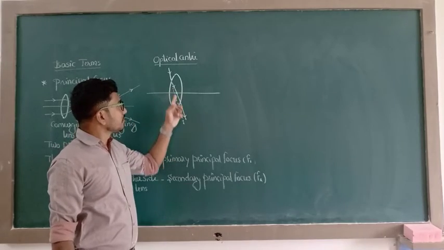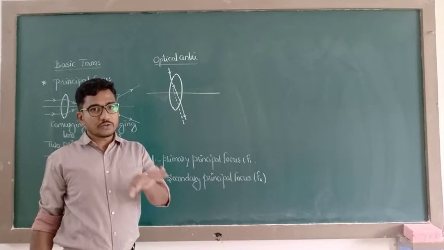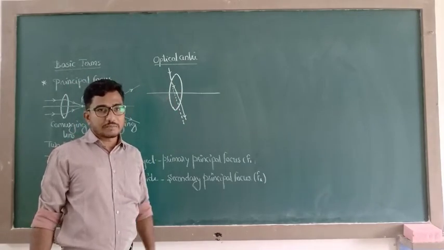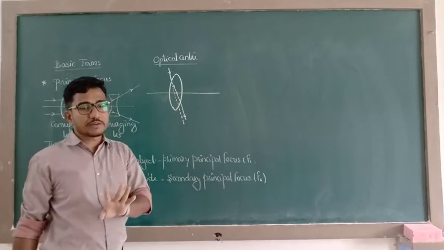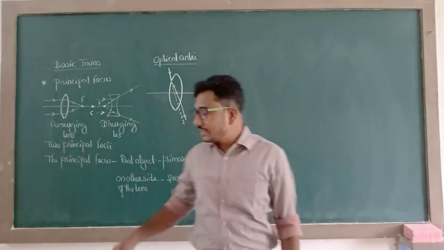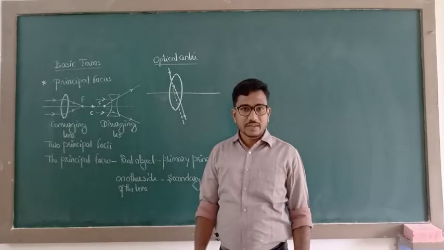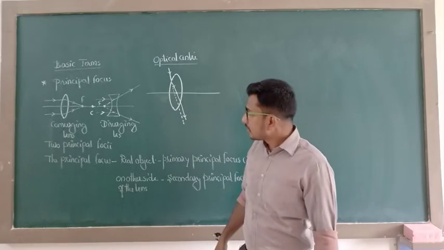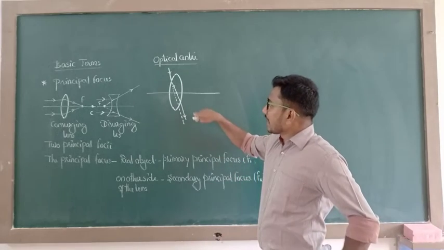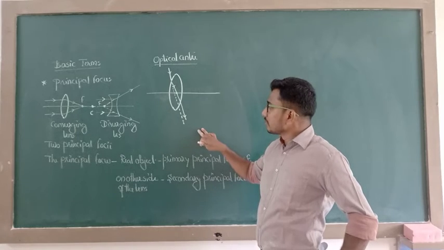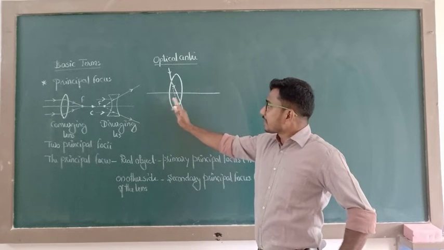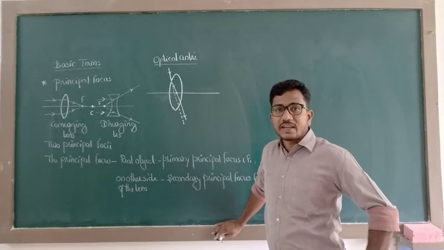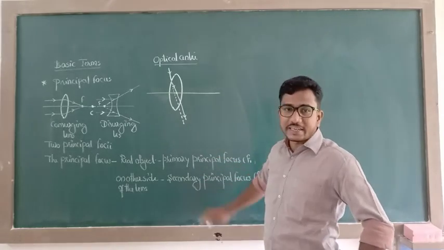It may be anywhere within this lens. There is no rule to say this optical center must be at the center of this optical medium. That depends upon the radii of curvature of these two spherical surfaces. See here, when the light ray is made to pass through this optical medium, there is a lateral shift in the path of the emergent light ray.